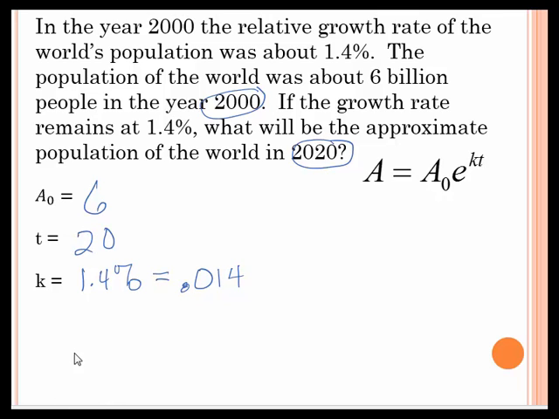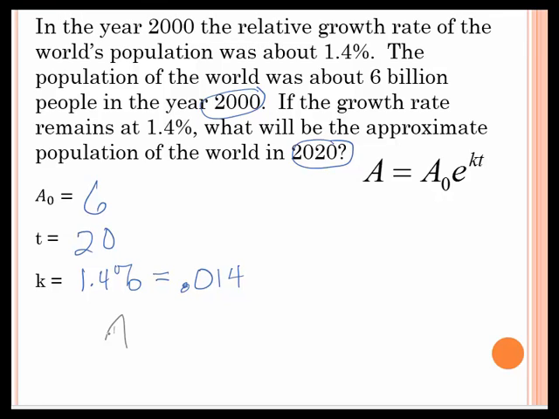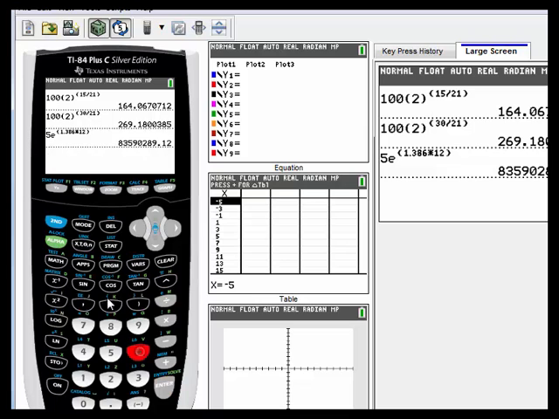So when we use the formula, we're going to get A equals 6, my A naught, times E to the power of 0.014 times 20. All right, let's see what the world's population will be in 2020 if the relative growth rate stays at this pace. So we had 6 times E to the power of